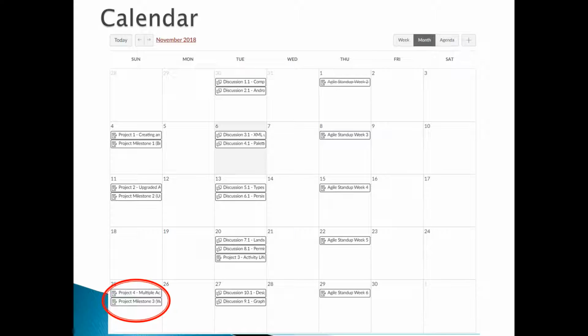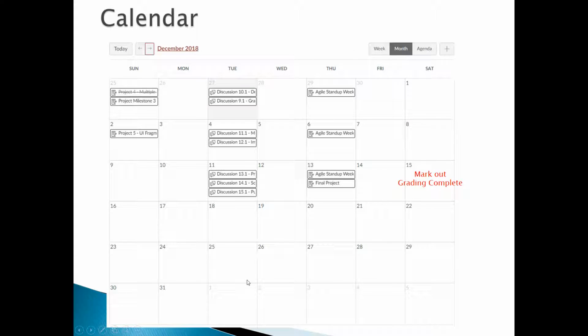On the calendar, we actually had Project 4 due on Sunday, and we also had a Milestone 3. We'll talk about those in a second, also due on Sunday. We're kind of closing in on the class. This is Tuesday, the 27th of November, and we got 2 discussions left, and we'll talk about those in a second as well. But looking ahead towards December,